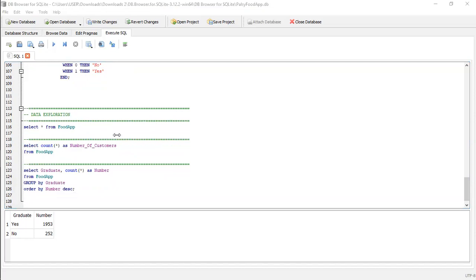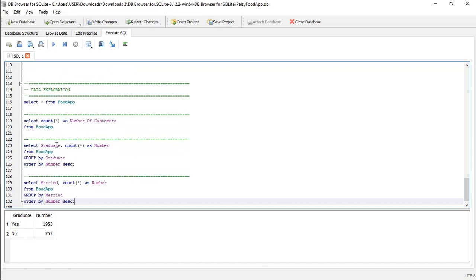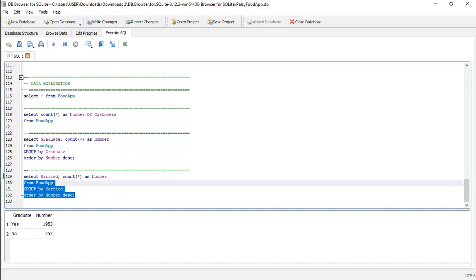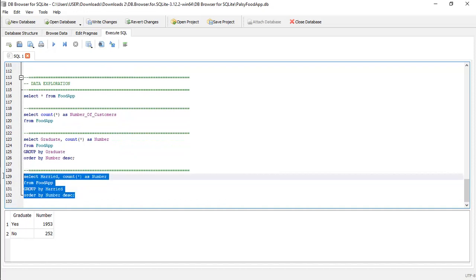Then we want to also know the section of our customers that are married and the ones that are not married. So the same query we wrote for the graduates, we just changed graduate to married. Then I'm going to select and run this query. So this is telling us that we have